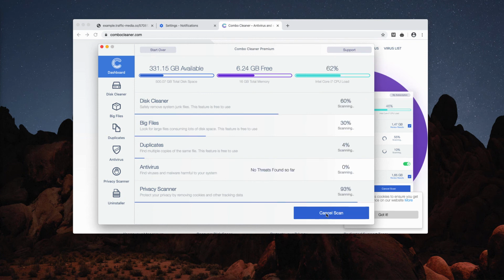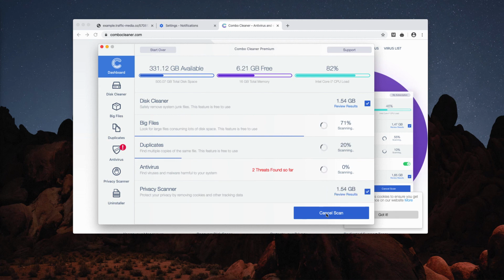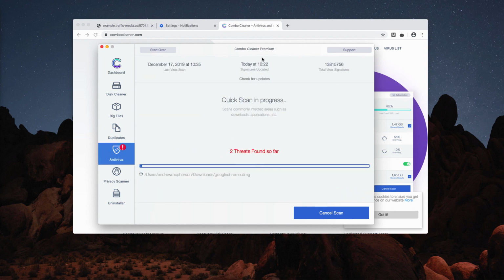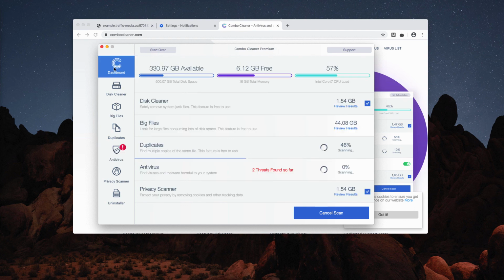Of course, at first the program will update its antivirus database, which is extremely important, so do not terminate that procedure. And after that, make sure you scan your Mac with Combo Cleaner antivirus. And keep in mind that the antivirus function is part of the premium version only. However, scanning your Mac device is a good idea, and Combo Cleaner is a great